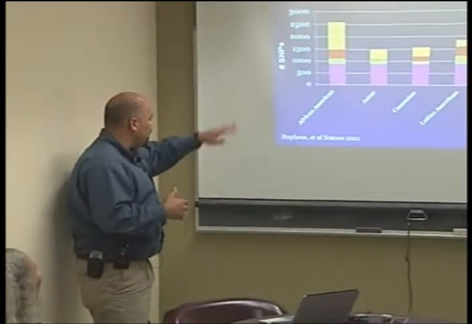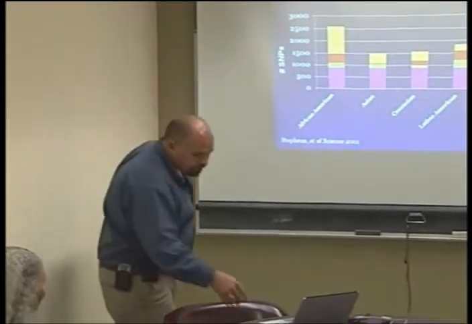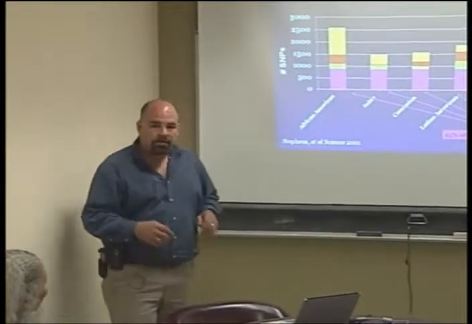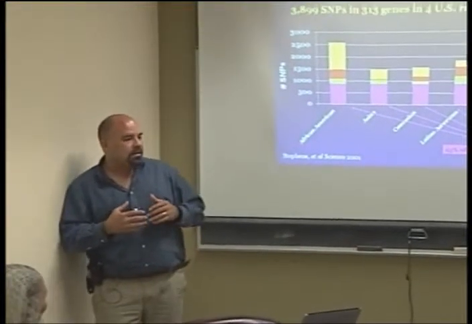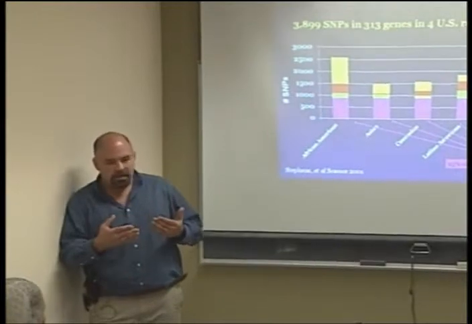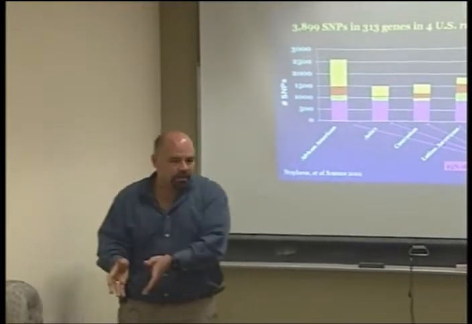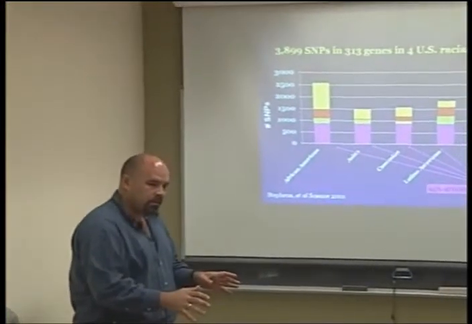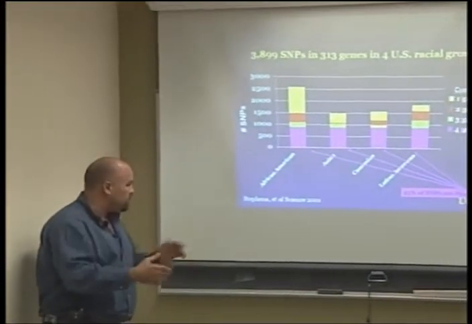And what they showed, and I've color-coded it for convenience, is in pink, which is on the bottom, are those variants that were cosmopolitan, meaning that they were ubiquitous. Meaning if I found it in one population, I would have found that same variant in another population. So 25% of all the variants out there.